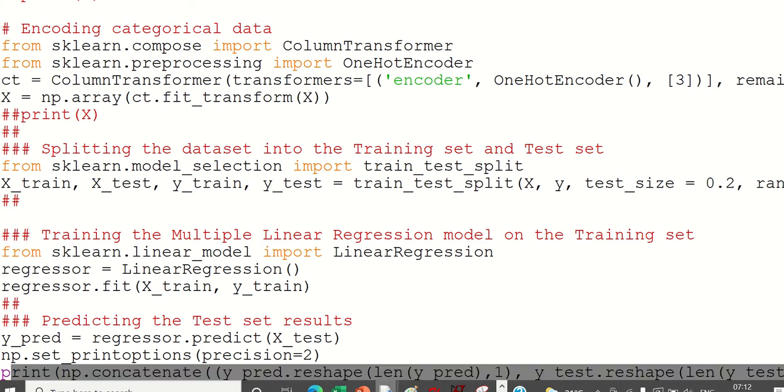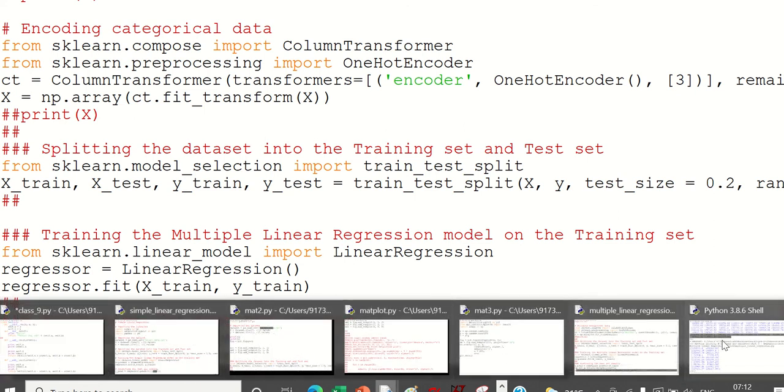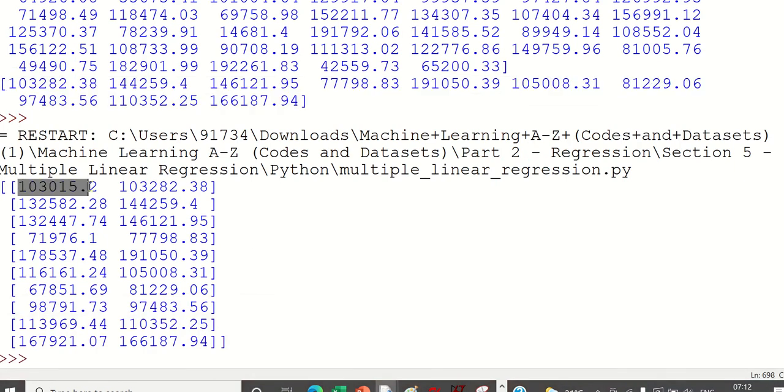So how to do that? You can see here, this is your predicted value, this is your test value. You can see it is almost matching here. Here you can see it is slightly off, even here it is slightly off. This is almost matching, this is slightly off, this is matching, exactly matching in this case, almost matching. This is also exactly matching. So visually we can say that our predicted data has matched the test data. This is called multiple linear regression.